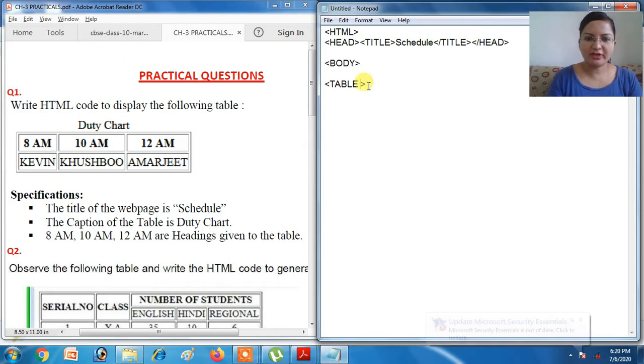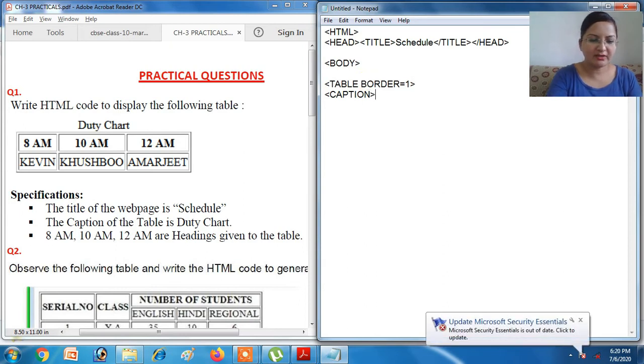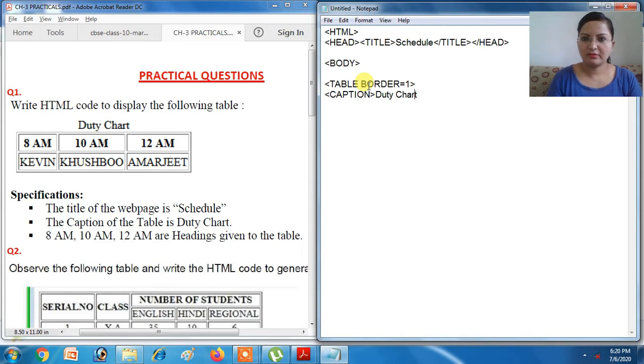You can see border is also there, so you write border equals to 1, then caption in the beginning, it is duty chart, caption closed. Then you can see here there are 2 rows, so for that we have to use 2 opening TRs. TR here, then you close TR.